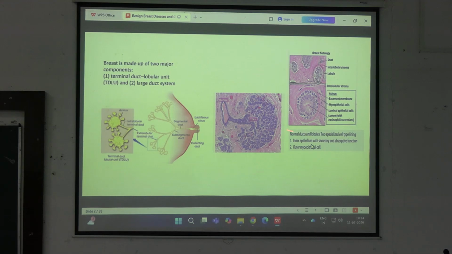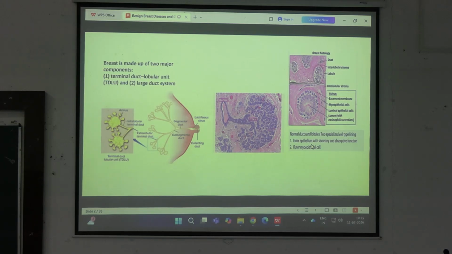In case of benign breast diseases, there will always be presence of the myoepithelial layer or the outer layer. The inner layer will be present in both cases, but the outer layer will also be present in benign cases. If it is lost, then it will be going toward malignant cases. So this is an acini, multiple acini. These multiple acini will form a lobule. This is a lobule which contains multiple acini and interconnecting ducts.